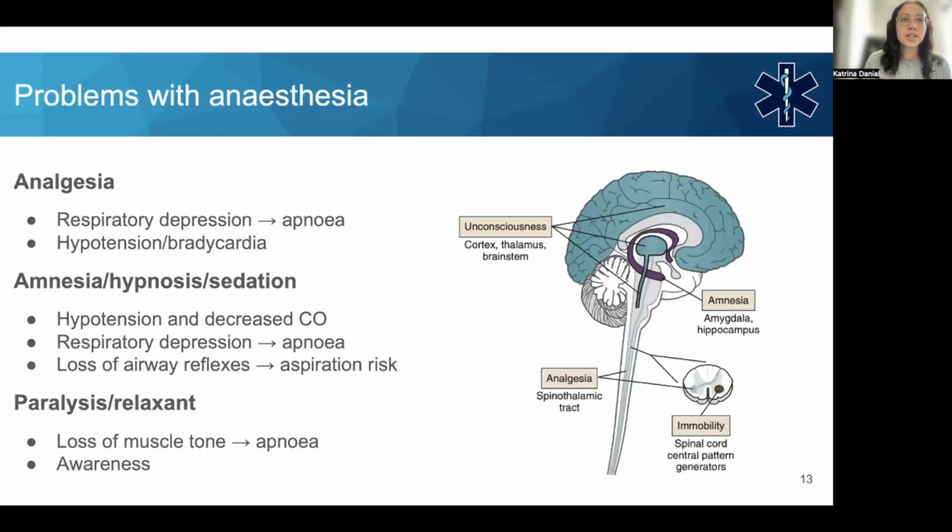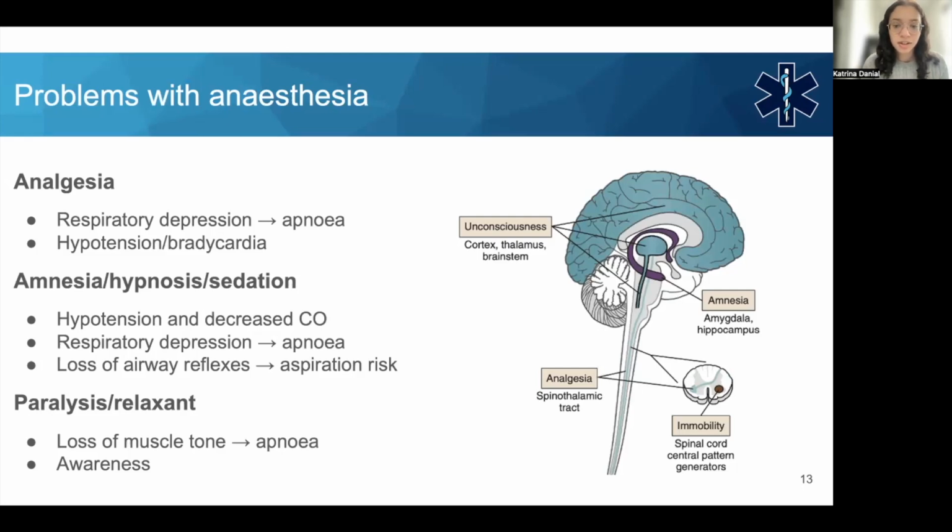Okay. You always hear there's the risk of the anesthetic. Why is there so much risk with anesthetic? Okay. The risk is that all these medications that we give for pain relief, to induce a state of unconsciousness, to paralyze the patient, they can all cause the patient to go into a state of respiratory depression or to stop breathing altogether. Okay, can also cause them to be hemodynamically unstable, hypertension, bradycardia,